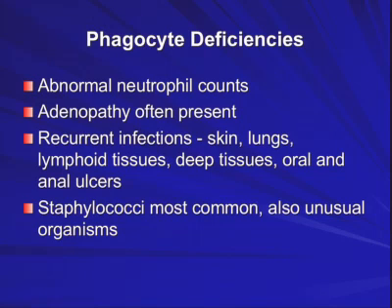body or places where the immune system wants to fight infections. So, skin, breathing in things in your lungs, lymphoid tissues like lymph nodes, liver and spleen, deep tissues like lungs and liver, and then oral and anal areas. So these people often get ulcers in their anal area and oral areas when they have phagocyte deficiencies. Now, Staph aureus is the most common infecting agent in most people with phagocyte deficiencies because most of the infections are in the skin. But you can see some very unusual organisms with certain of these defects that require some